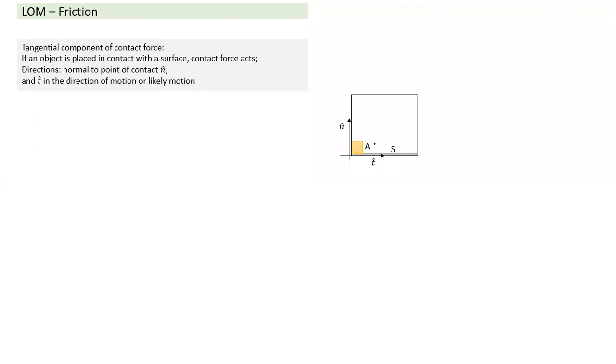So whenever any object, suppose this object is placed here, rather than looking at the y and x axis for a while, many times I use n cap here. What is n cap? N cap is the normal direction. For any surface, whether it's plane or curved, we understand which direction the normal will be. And so when the object is placed in contact with a surface, contact force will act. So contact is necessary for contact force to act.